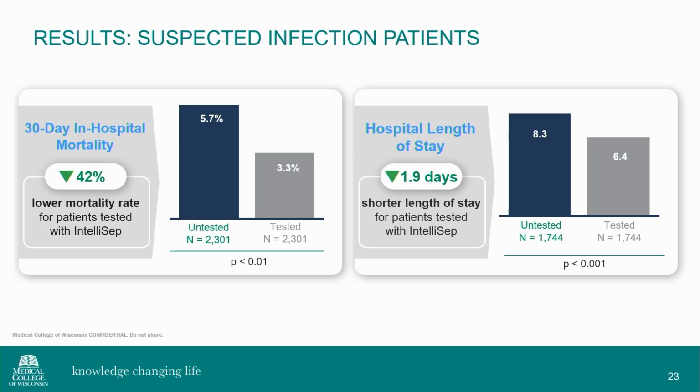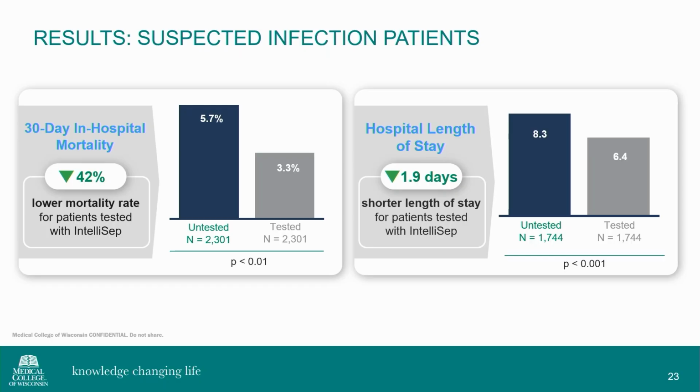So it created a really nice case control scenario where we could risk adjust the population and use the patients at the same level of risk of sepsis in order to compare the two groups, because we had half of our physicians that were using it, about half that weren't using it. So when we use the criteria of suspected infection patients, and we compared the tested population to the untested population,